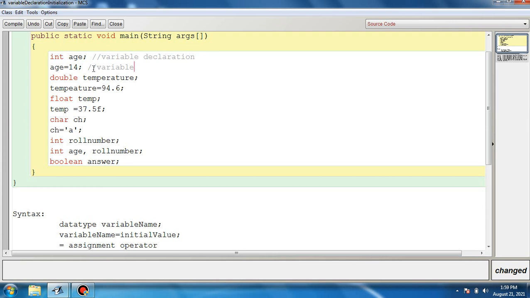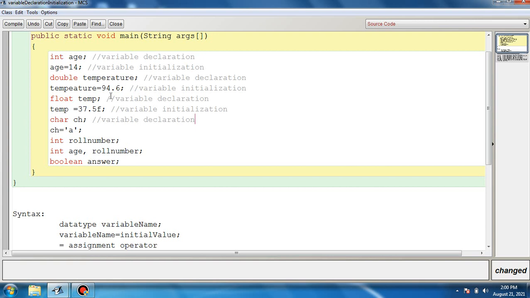These two lines are the comments. Variable initialization. Initialization means to assign the first value to the variable. A variable can store different values, as I've told you. Variable initialization, so this is the comment. Let us copy these two comments. All these are statements. This is variable declaration, and this is initialization. So I'm copying and pasting it. So this is declaration and this is initialization. So different types of variable declarations and initializations you can do in this manner.